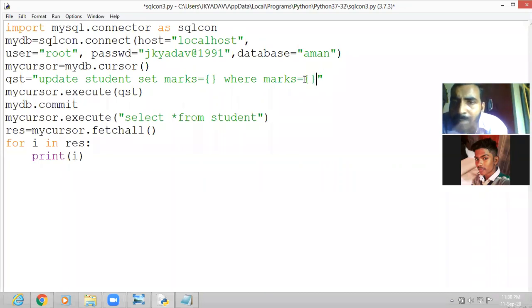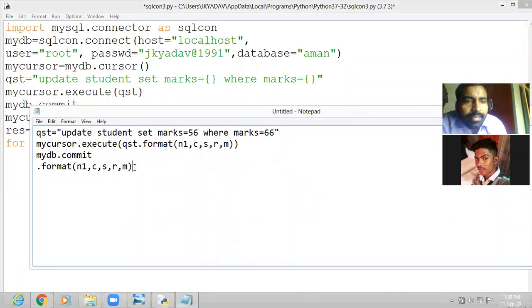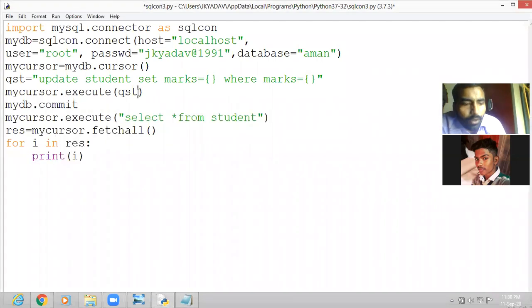There also we give the parameter. Okay, then let us write here the format command. Our format command was this one. Let us write here dot format command, and then in this command let us write the current value and the previous value. So the current value, our current value is 88.